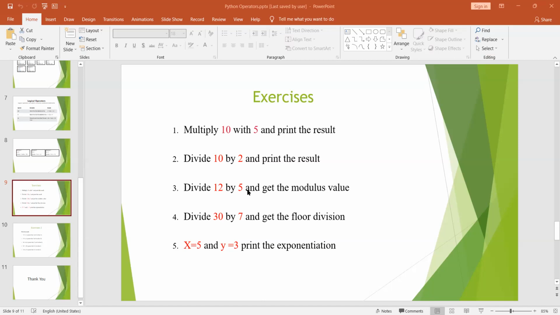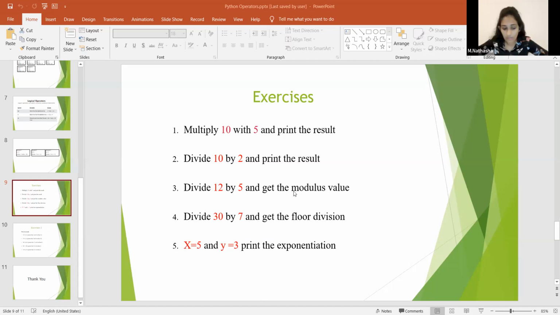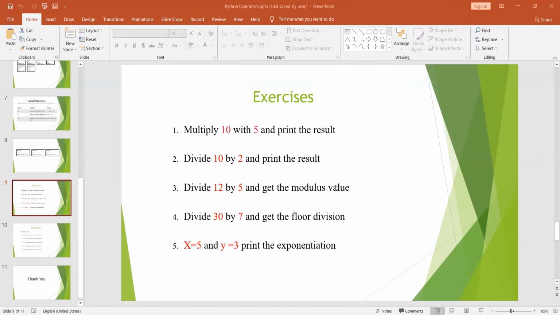Okay, so the answer is print. You just write it, you can't code, no? Print, open parenthesis, 12, the percentage sign. Teacher, can you wait? Okay. Teacher, can you tell it again?